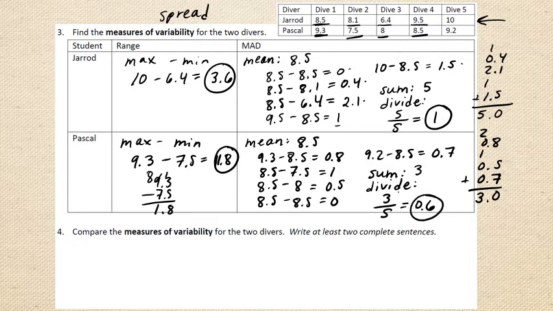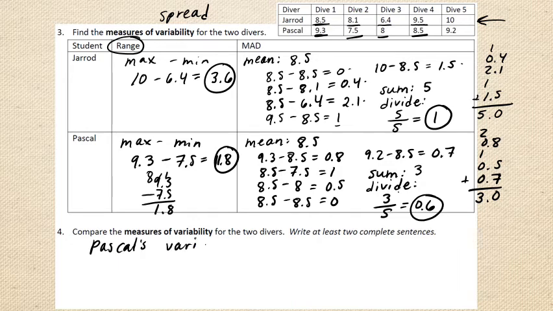So now I'm going to do some comparing. So compare the measures of variability for the two divers. Write at least 2 complete sentences. So looking at these divers, whose numbers were closer together? Well, if I want to know whose numbers were closer together, I'm going to look at the range, for example. So this would tell me that, for example, Pascal's